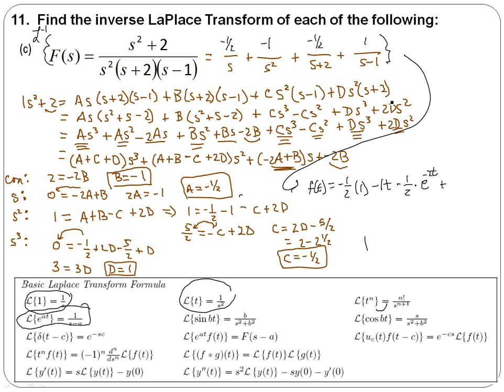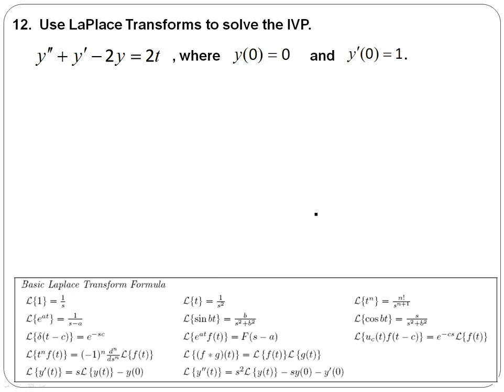And the inverse Laplace of 1 over s minus 1 is also this exponential function where a is 1. You get e to the t plus e to the t. Okay, so let's solve this